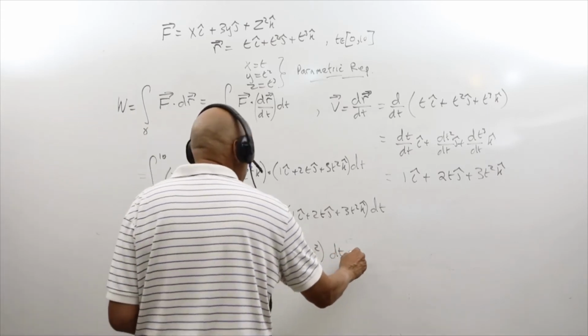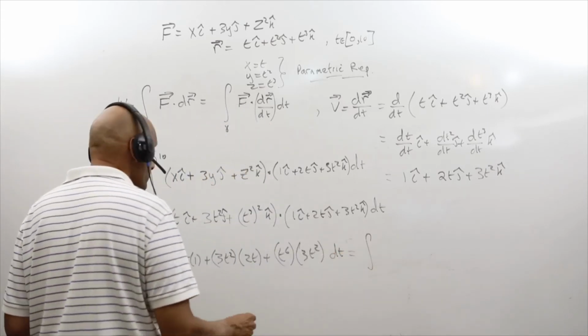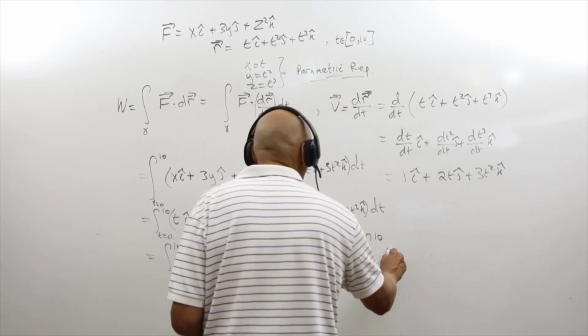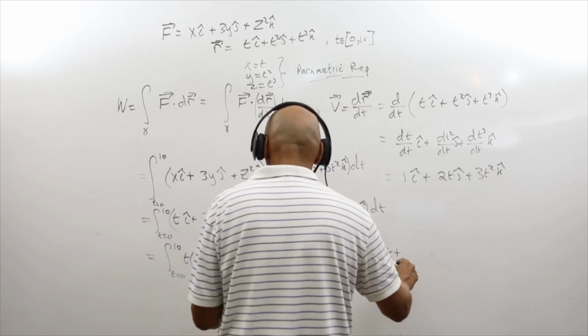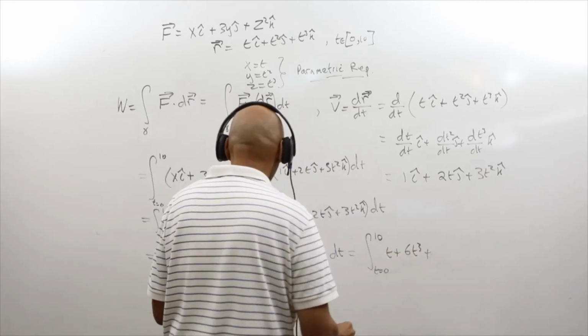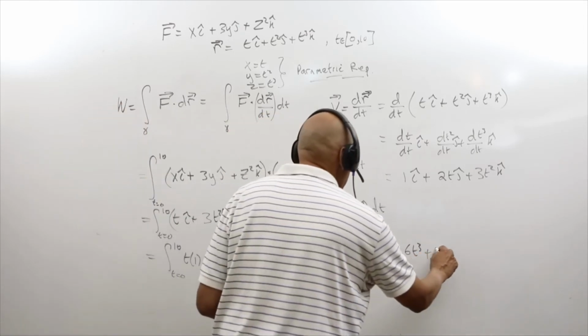So we're left with an integral, again, from t equals 0 to 10 of t plus 6t cubed plus 3t to the 8